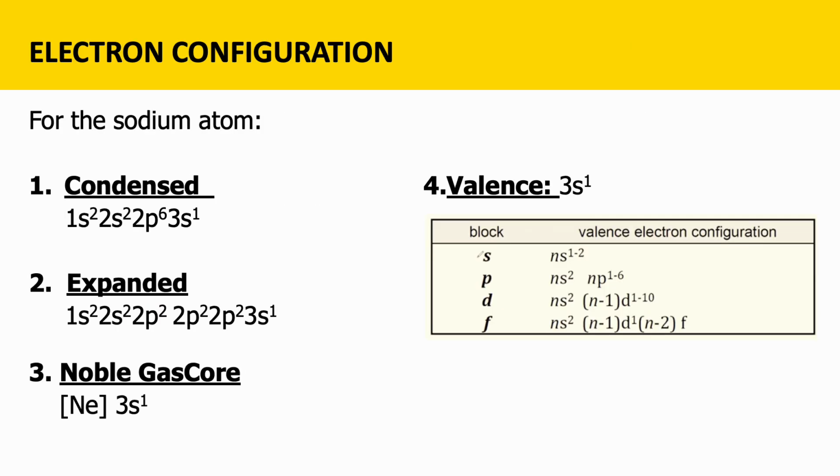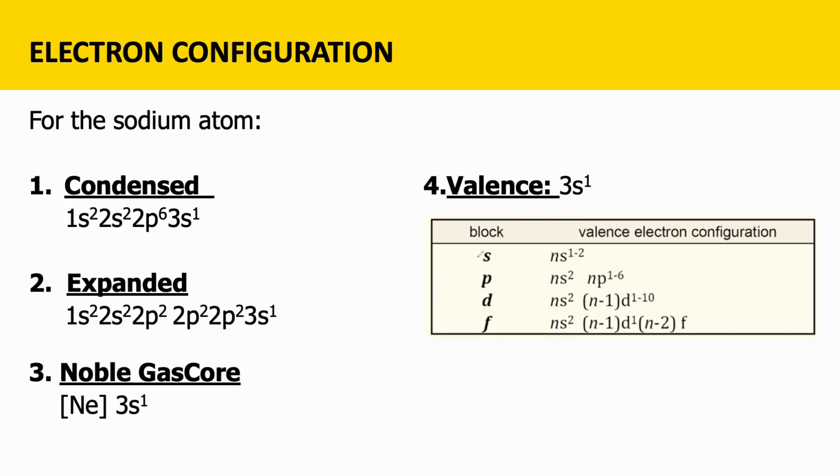Alright, so more on your electron configuration. Okay, electron configuration could be written in different forms. Now you have your condensed electron configuration, meaning your specific orbitals are condensed, no, packed. Okay, expanded if you want your specific orbitals to be seen, no, depending on their nature, like 3d. So this could be x, y, and z. Okay. It can also be written as your noble gas core, no?